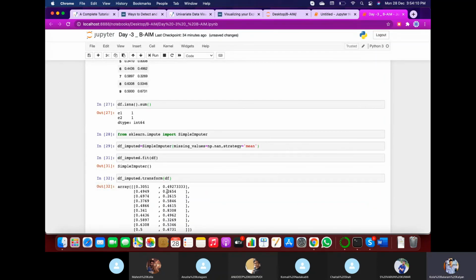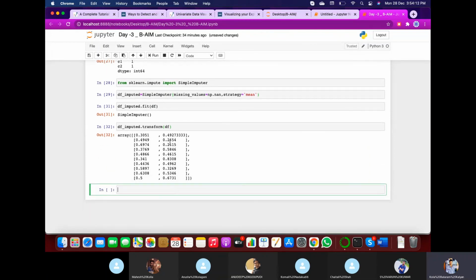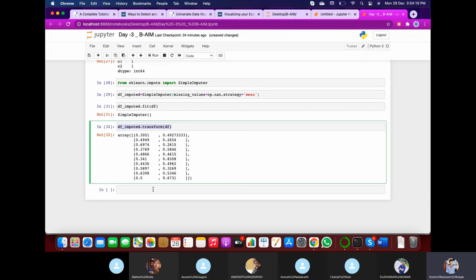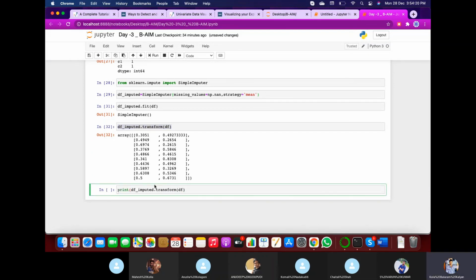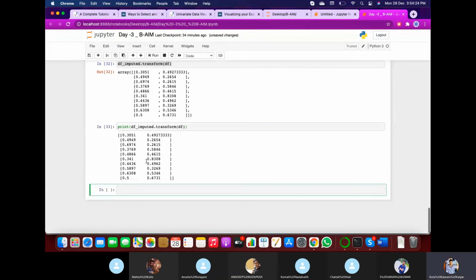So here our df variable is created. For your visualization purpose, I will again put this in the print function so that you can visualize it easily. So here is our output, where previously in column 2 you had a missing value.